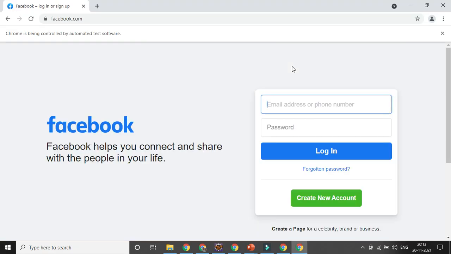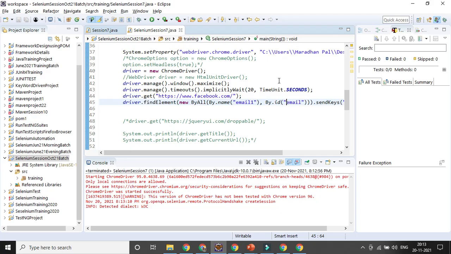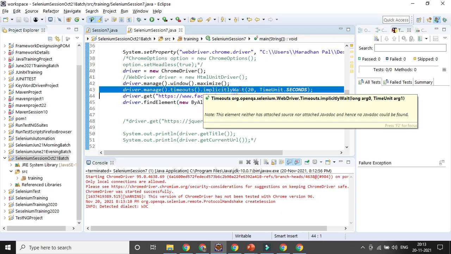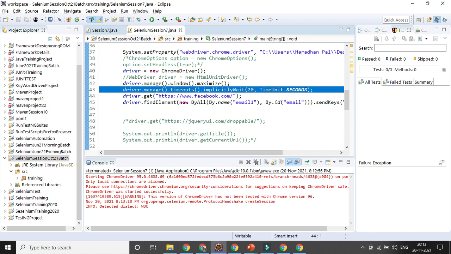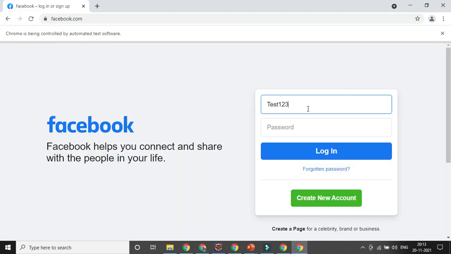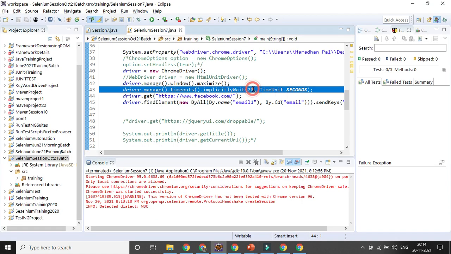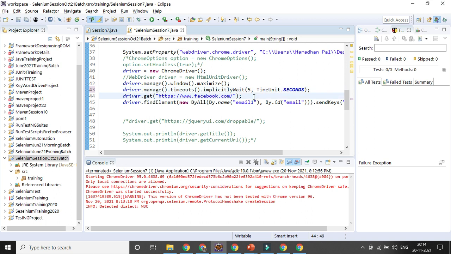It's still working. Because it will wait for 30 seconds, right? So whatever implicit timeout you are giving, it will wait for that, until it is found, then it will go for the next option. So that is the reason it was waiting for 20 seconds, searching for that, right? So you can change it to 5 seconds, so it will only wait for 5 seconds. Okay, let's try to wait for 5 seconds, and within 5 seconds it will go for that option.